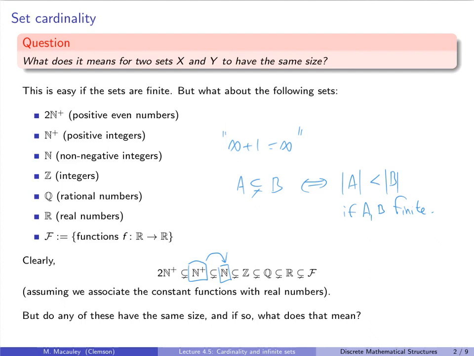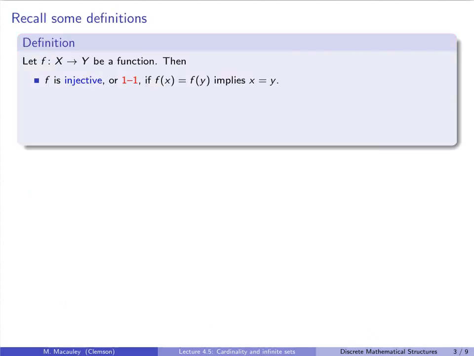But as we'll see, that's not necessarily the case for infinite sets. I've said it before and I'll say it again as a spoiler: there are infinities of different sizes. Not all of these are the same size of infinity, but to figure out what that is, we need a formal definition. Let's recall some definitions of functions that we saw in the previous lecture, though I will add a